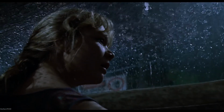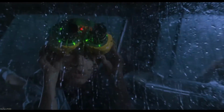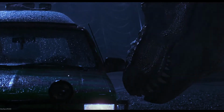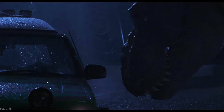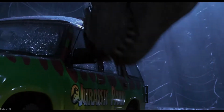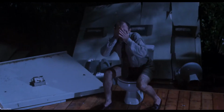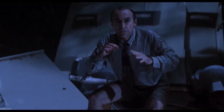Where's the goat? Because you're kind of setting up, you're like, something's going on, but once that light goes on the window, that music hits down, and you eventually see the T-Rex, the build-up of that, the camera panning up to see the T-Rex eating the rest of the goat. It's